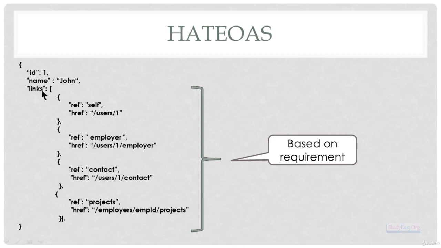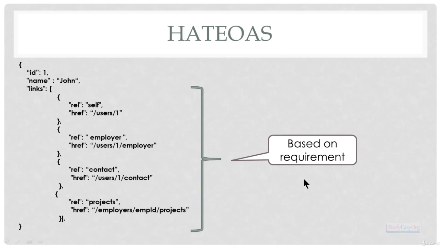So whenever we add these links, the links are based on requirement. The links are based on the agreement between the client and the server. As soon as there is a requirement, we can modify the RESTful API and we can work with the client. RESTful API is all about getting things done, getting things workable between client and server. So these links would be based on the requirements of client, based on the requirement of server.